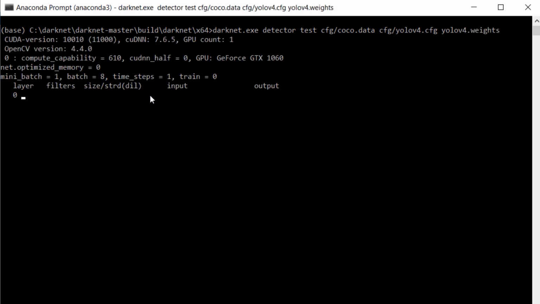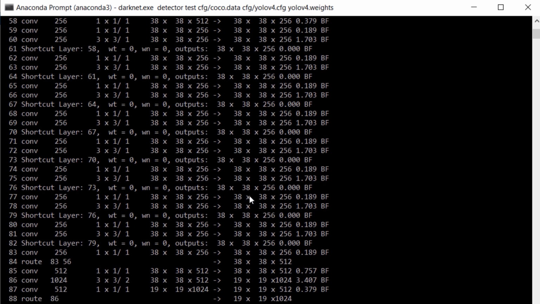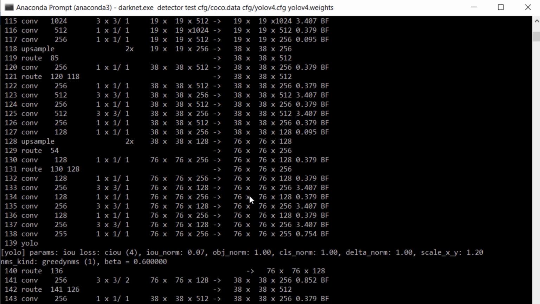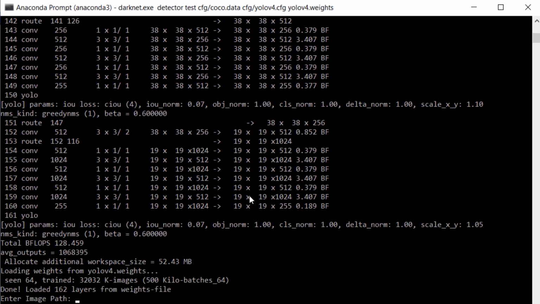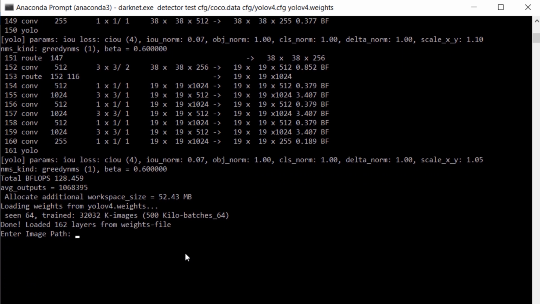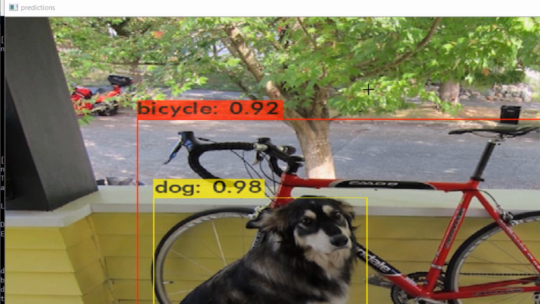At the top, we can see that Darknet has detected CUDA, CUDNN, GPU and OpenCV. It will load all the weights and ask image file name to run object detection. Dog.jpg is already there, so let's input that for testing. And here we go. We have image with all the objects detected.